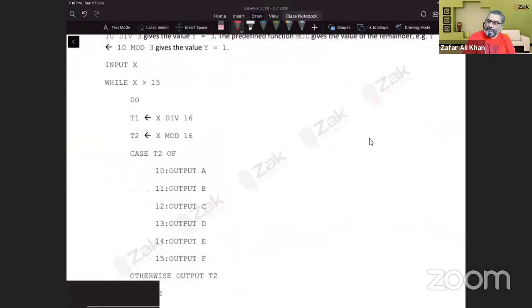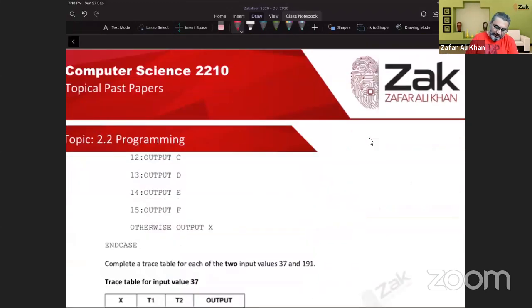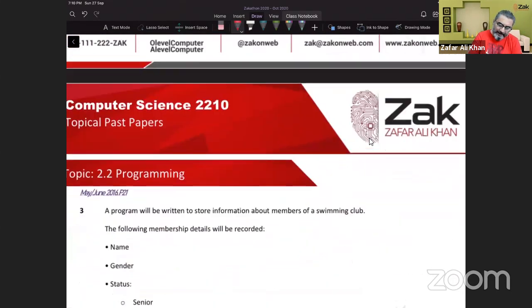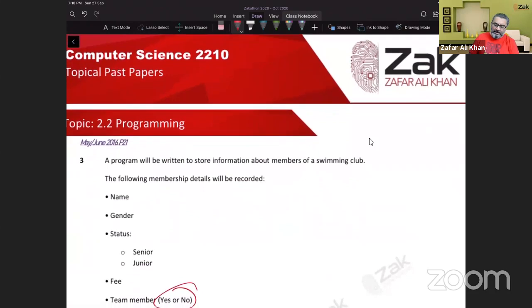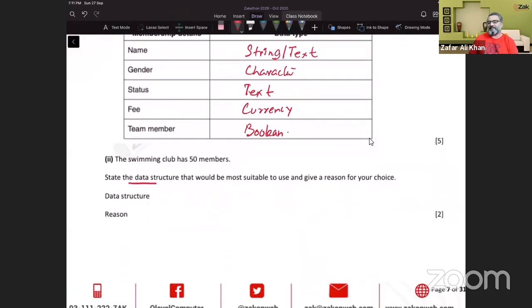The swimming club has 50 members. State the data structure that would be most suitable to use and give reason for your choice. That is very simple. I told you that whenever they ask for data structure, it is array. This swimming club has 50 members. State the data structure that would be most suitable. Array. Reason, because